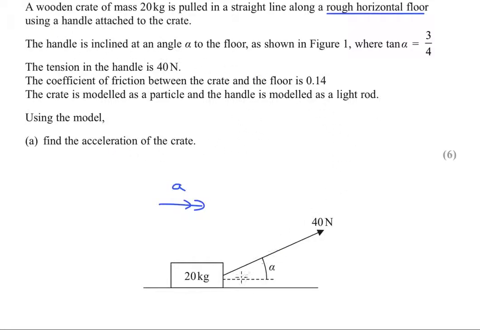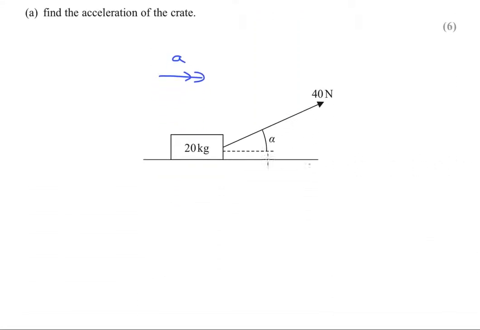We've got the tension in the handle being raised to an angle of tan alpha. We're also told the coefficient of friction is 0.14. So what we need to do is add all the information up here onto our diagram. We've got the 40 newtons already drawn. There's going to be a weight